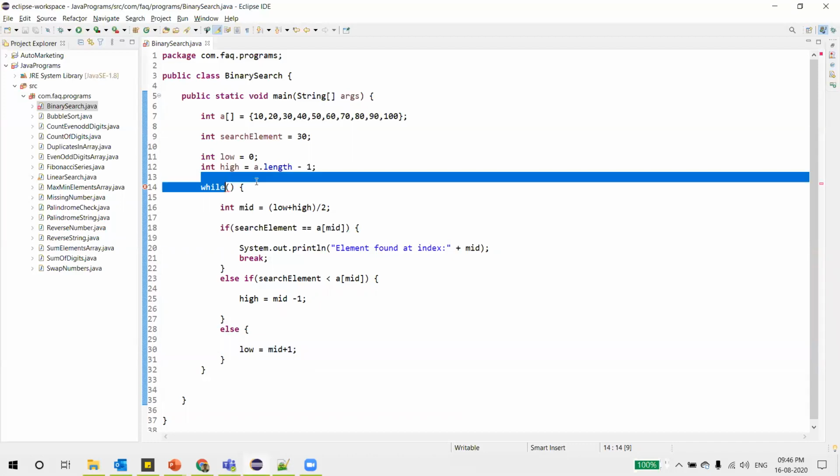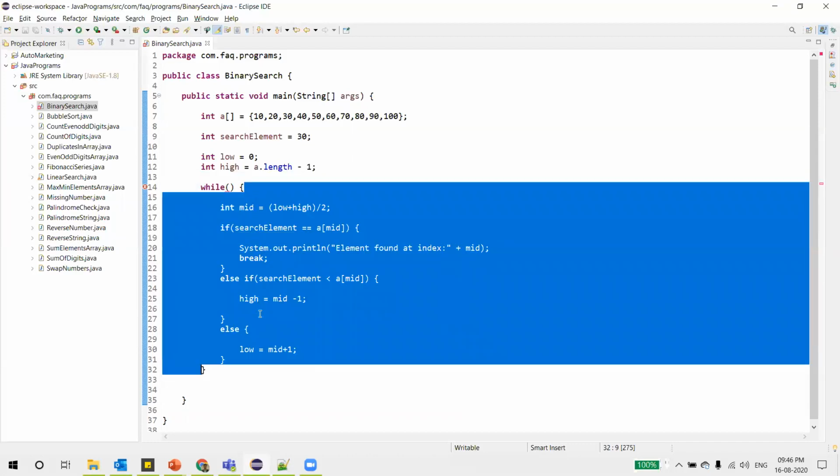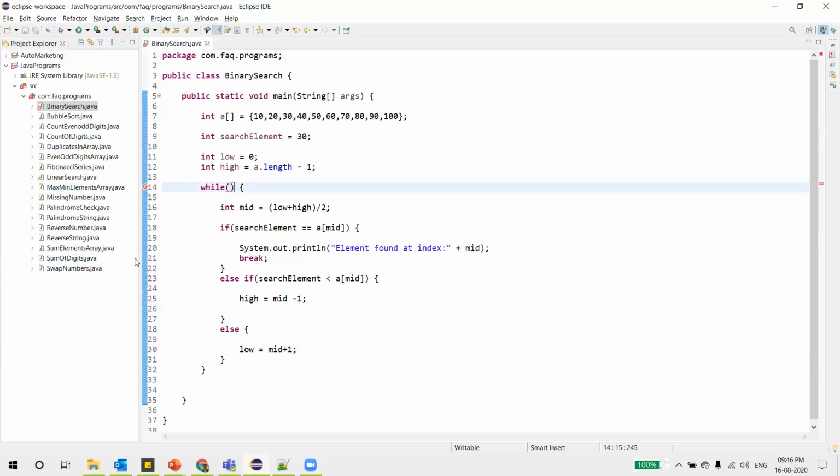And with this process, we are almost done with the program. You can see here this process we wanted to continue till our low is less than or equal to high. Why equals? Say for example, in some case low, mid, and high can all be pointing to the same index. Like say we have an array of one element.